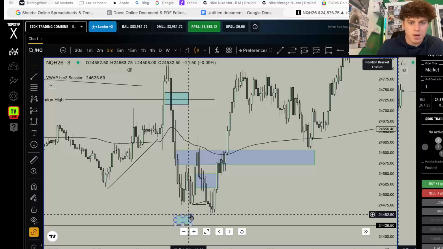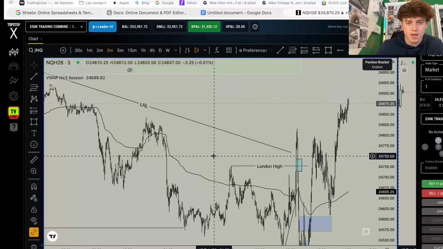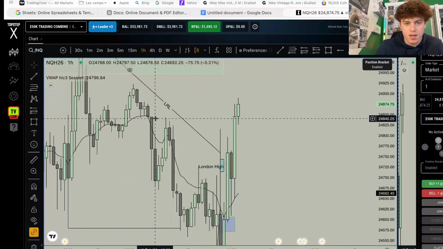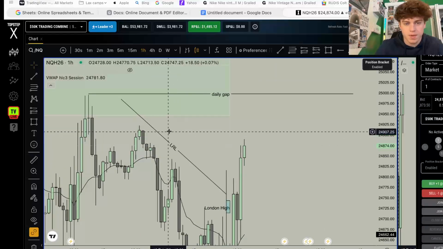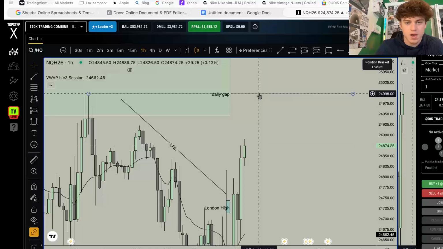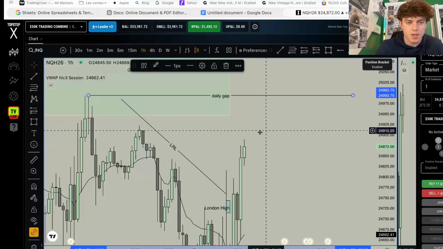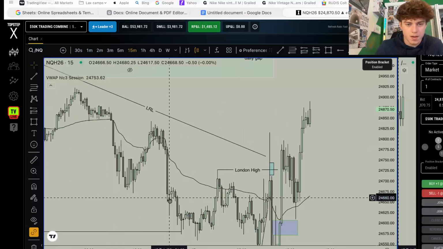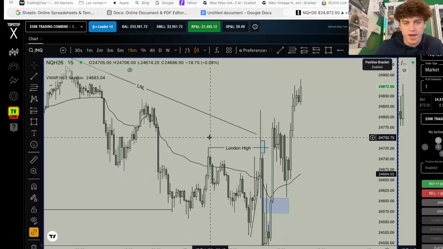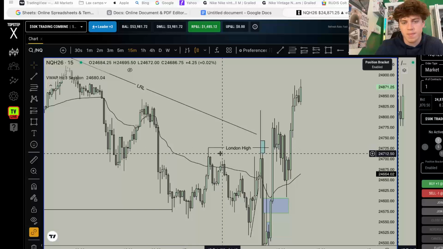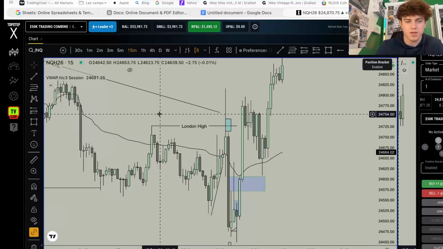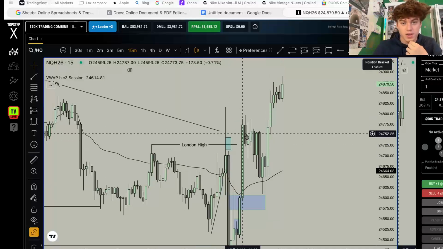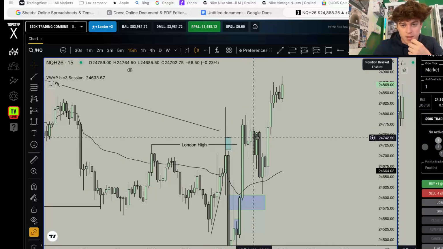So we have the macro right here. It took out London highs. It's also inside of a 1 hour gap, and this is super good liquidity right here, this LRL, and there's a daily gap above. If we were going to go up there, we would not have closed back below this high inside of this gap from London, which is obvious manipulation. If we closed above that, we're going to continue up.